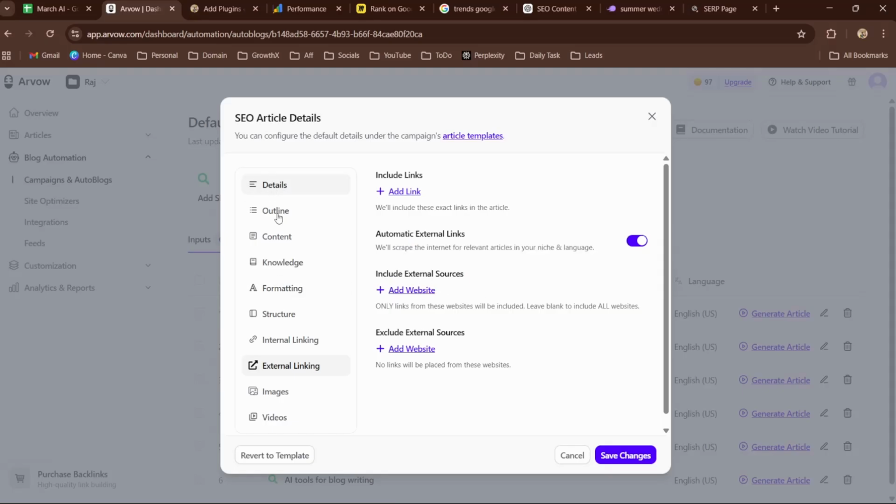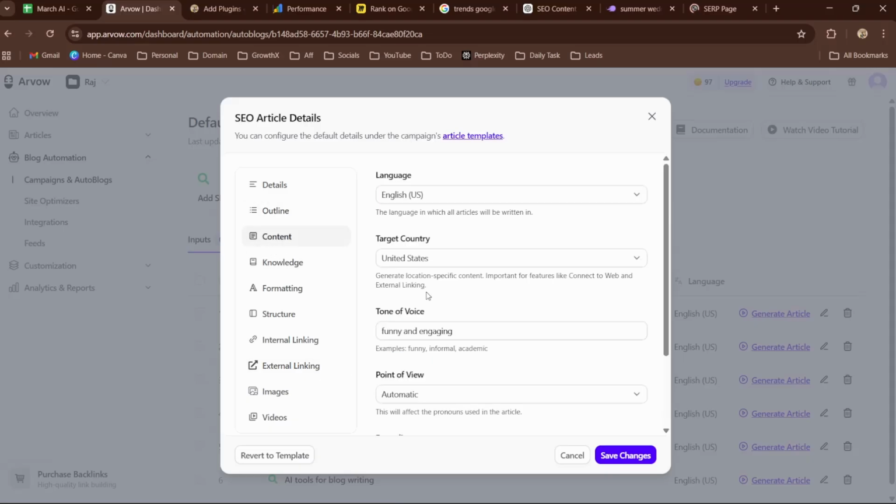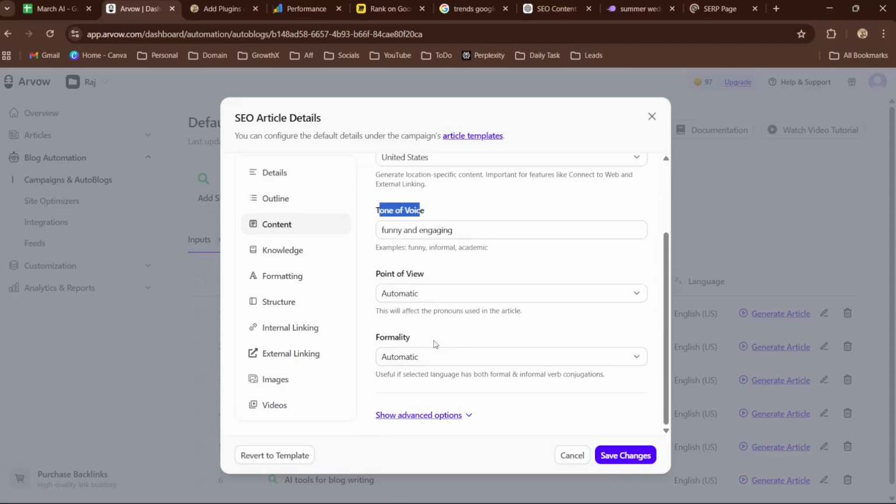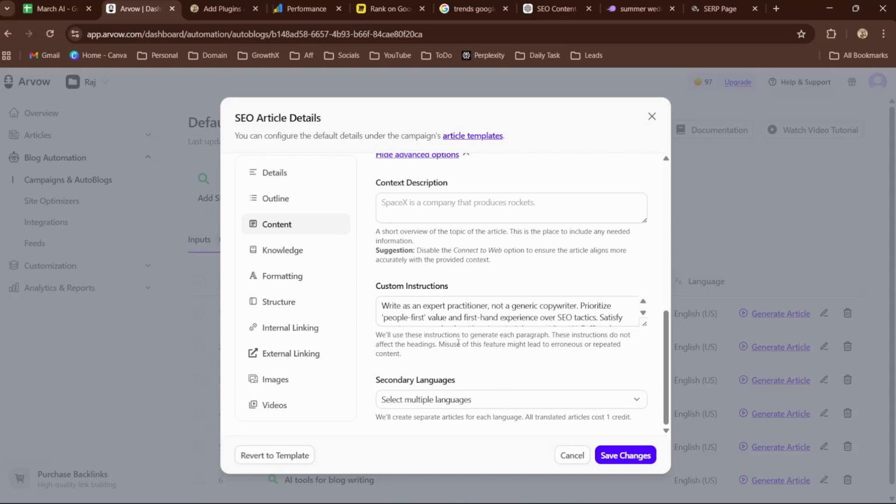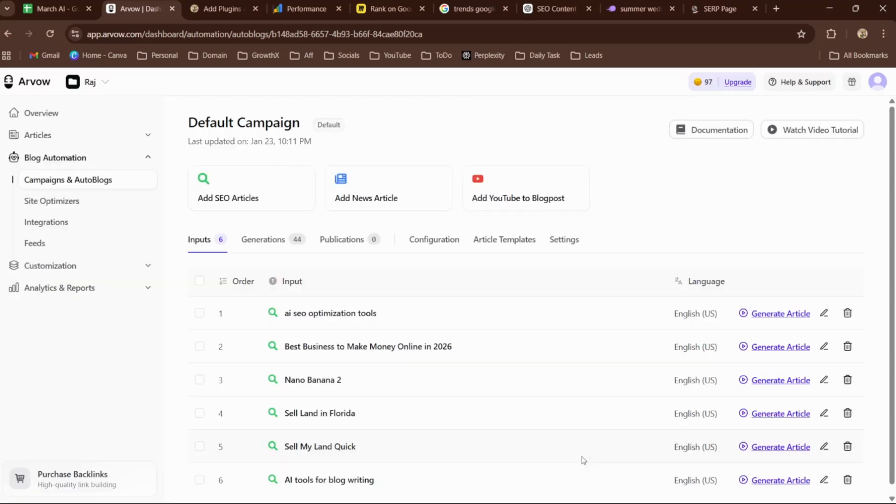And also what you can do is go to the content and here change your tone of voice to funny and engaging. Choose your target country, choose your language, choose the point of view, choose the formality to be automatic. Click on show advanced options. You can use all this. But yeah, this is how you do it